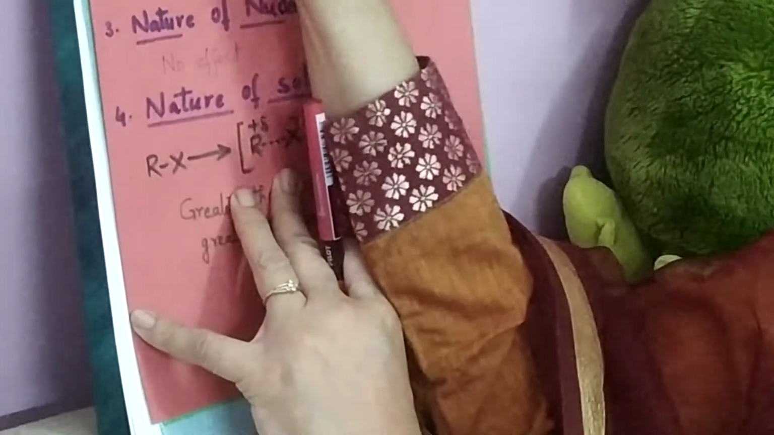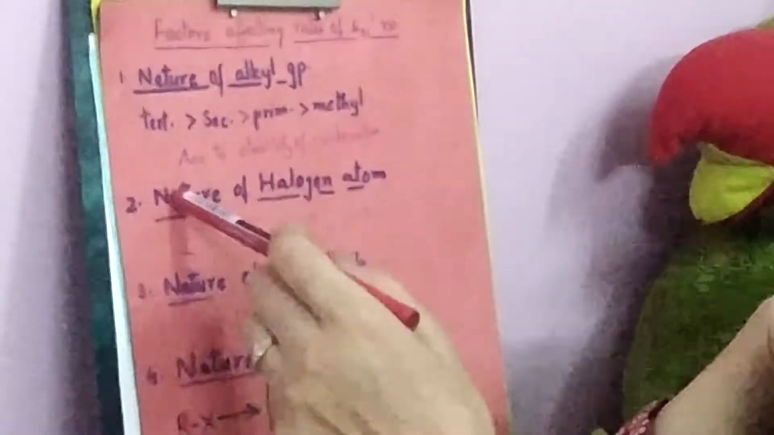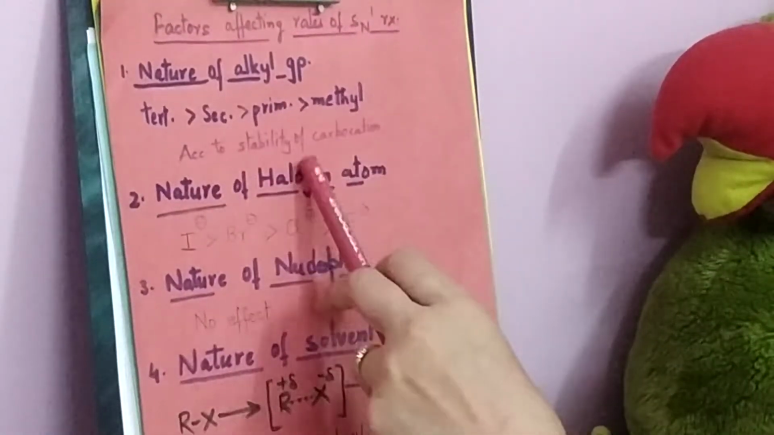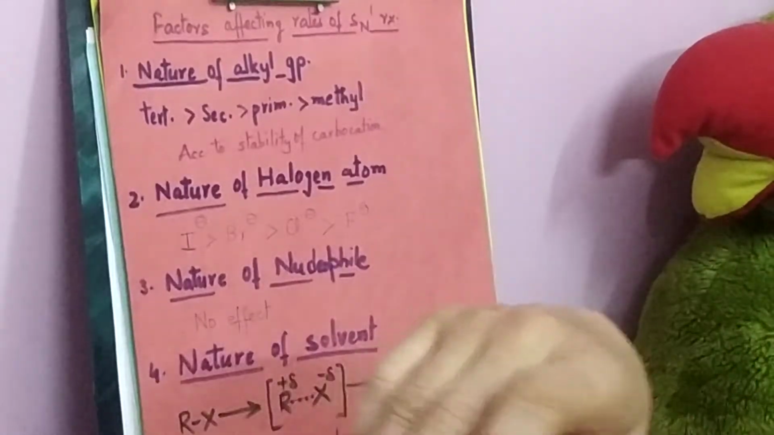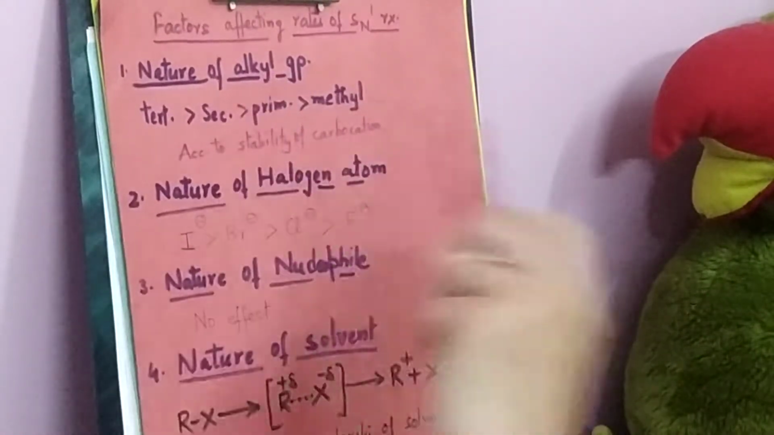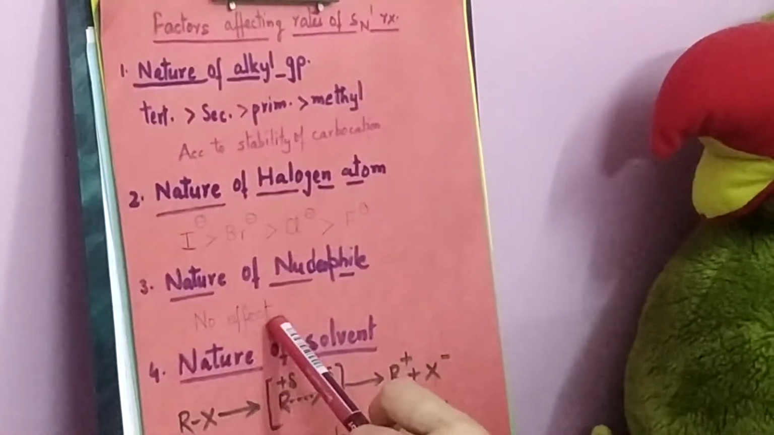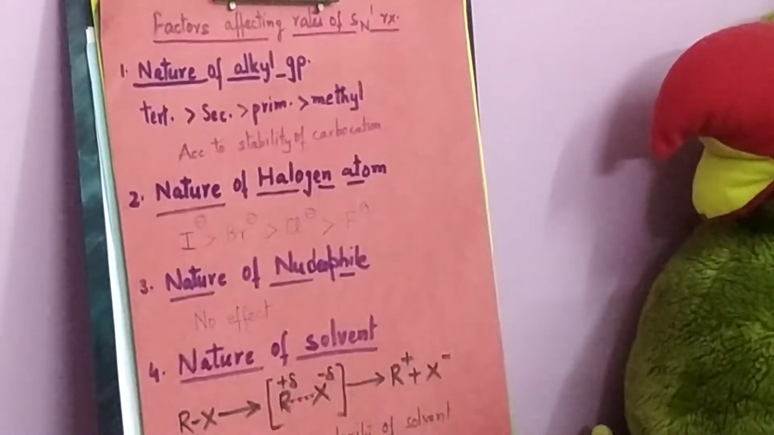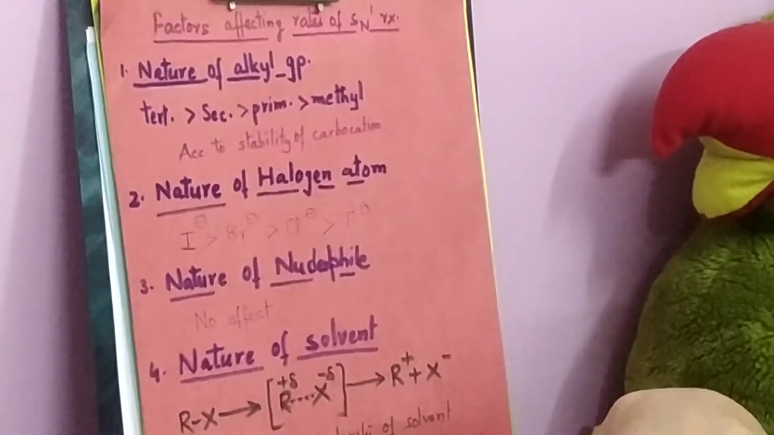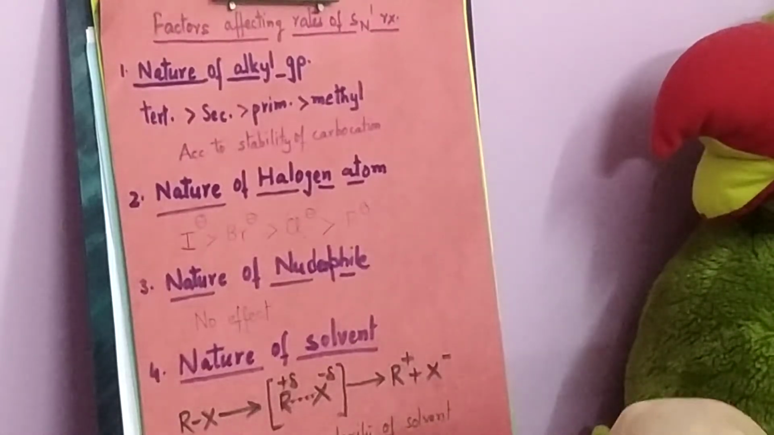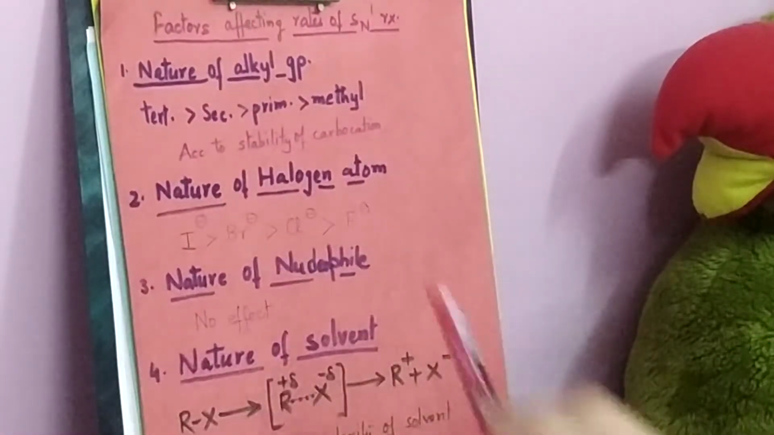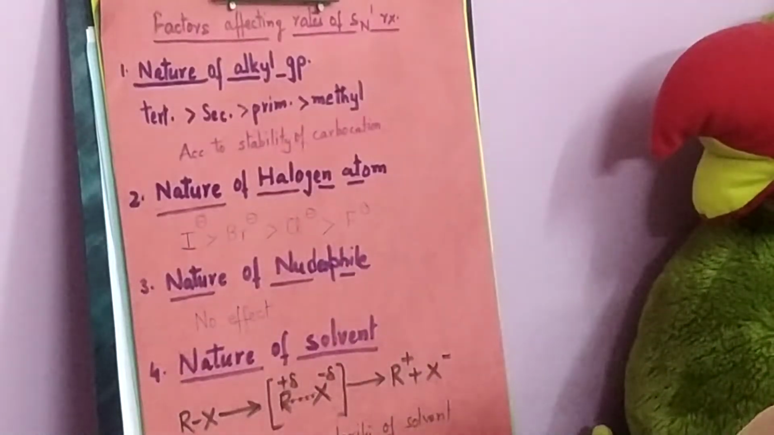Next, we should study the different factors which affect the rate of SN1 reactions. The factors which affect the rate of SN1 reactions will again be similar: the nature of the alkyl group, the nature of the halogen atom, that is what kind of alkyl halide we are having, the nature of the nucleophile, which is the other reactant, and also the nature of the solvent, how it affects the SN1 reaction. First of all, let us see the nature of the alkyl group. The nature of the alkyl group in this case again is very important,